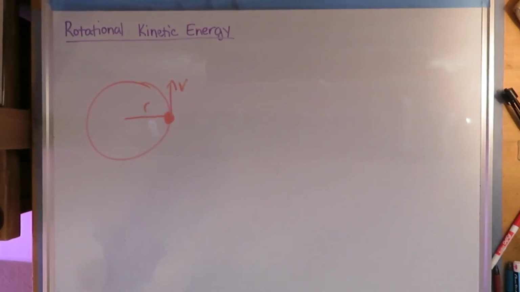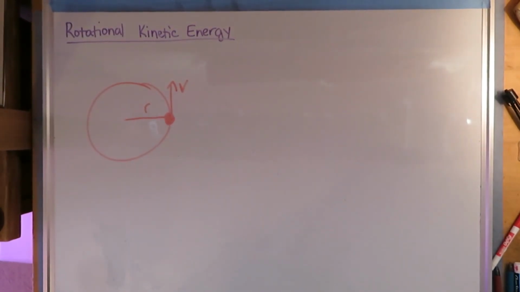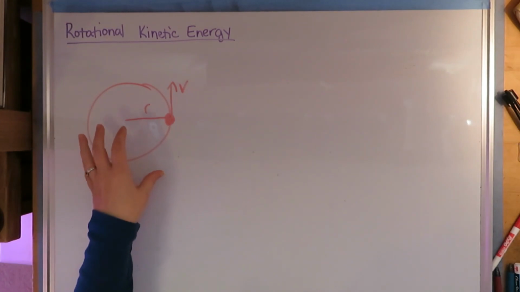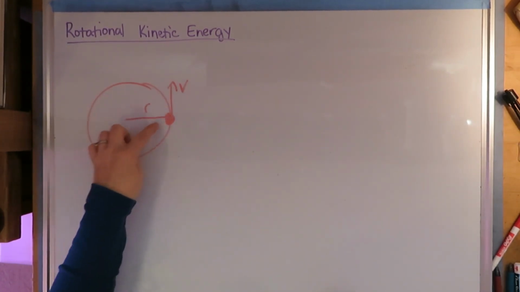All right, so for this particular topic, we're going to start with just defining rotational kinetic energy and then look at some ways in which it's going to be used. So in terms of rotational kinetic energy, we can start by thinking of a point mass that can travel in